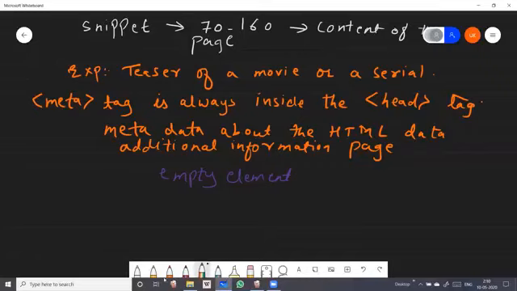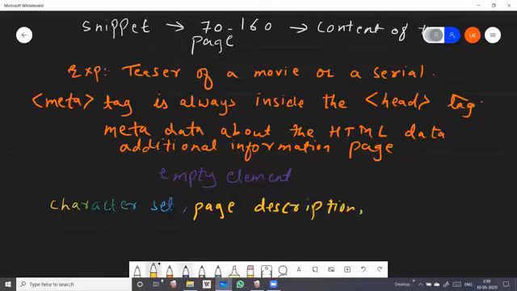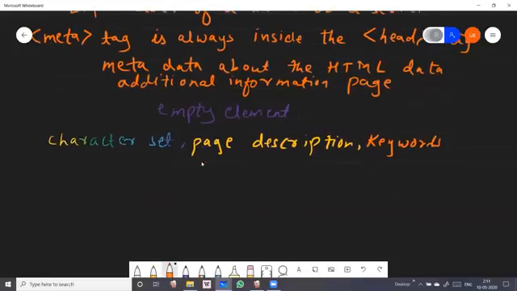Okay, you have to remember this also, students, that it is used to specify character set, then page description, then keywords, then author of the document, and viewpoint settings.